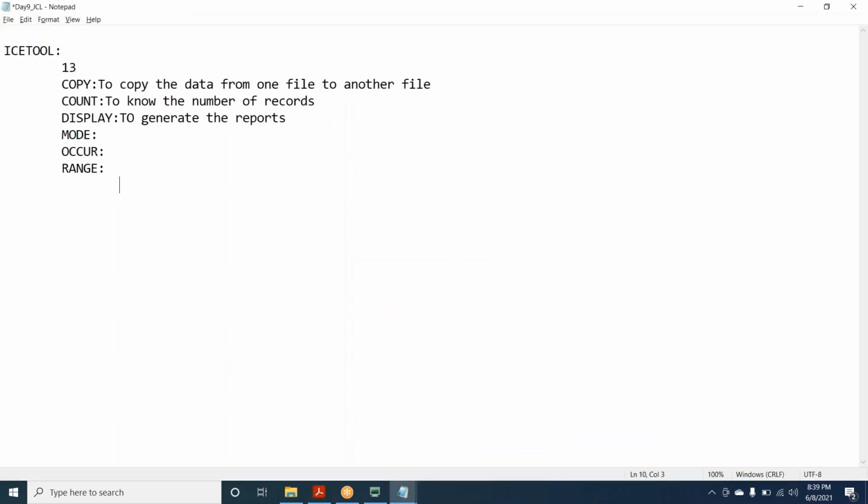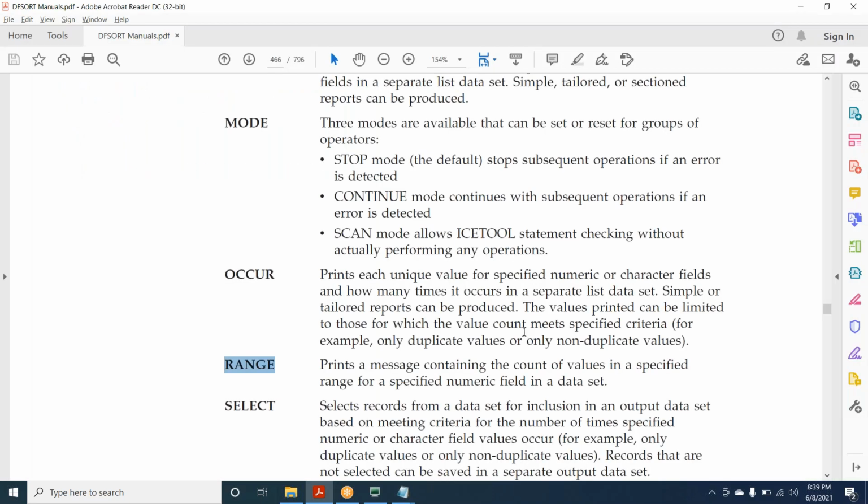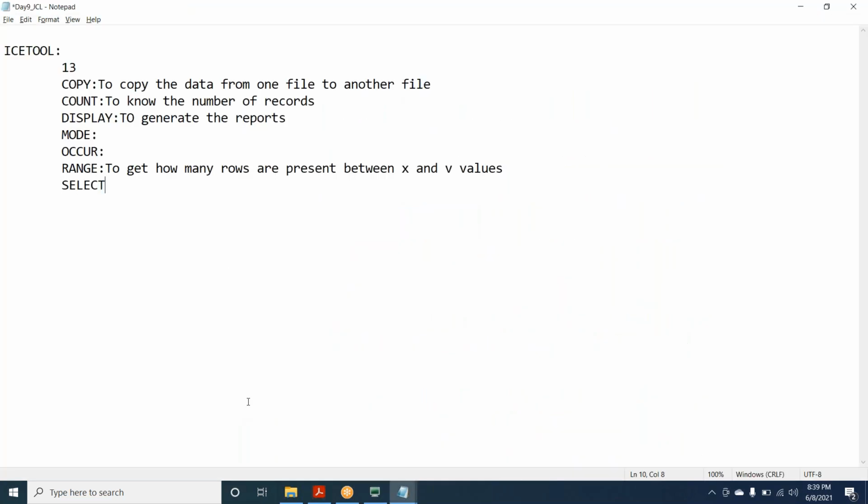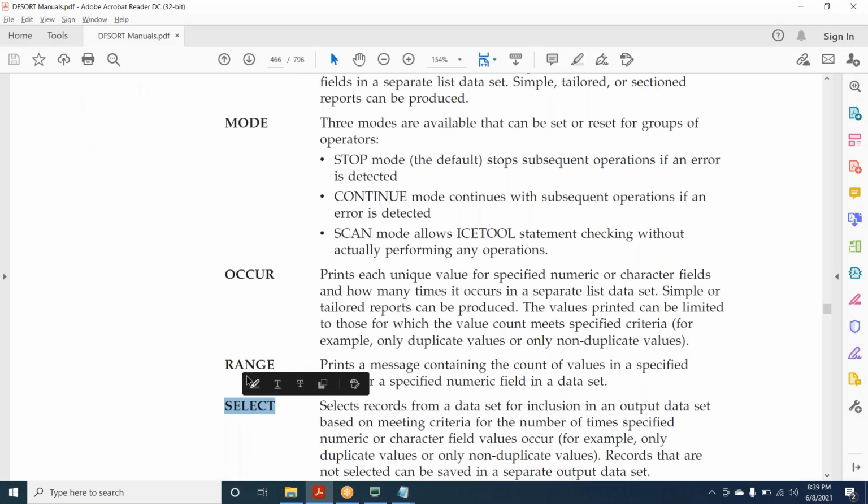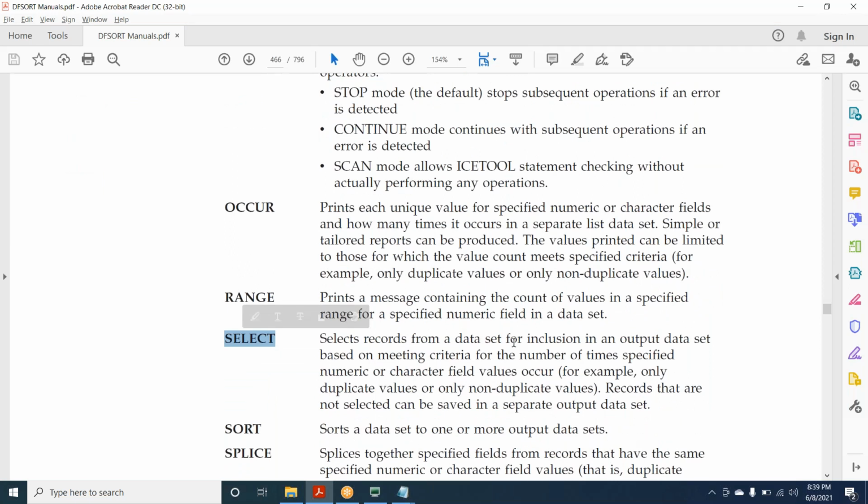So if you want to get how many rows are present between x and y values, that is range. Select, this is very important. Select records from the data set for inclusion in an output data set.